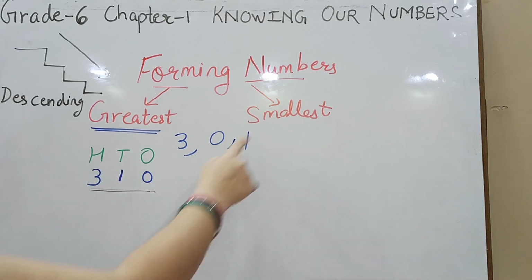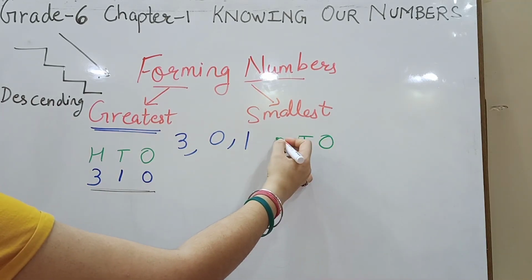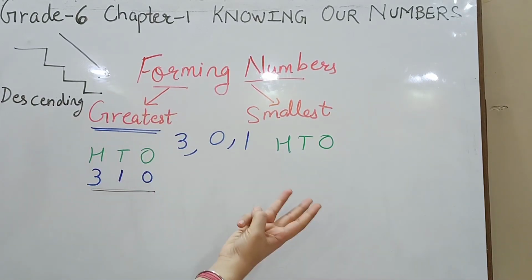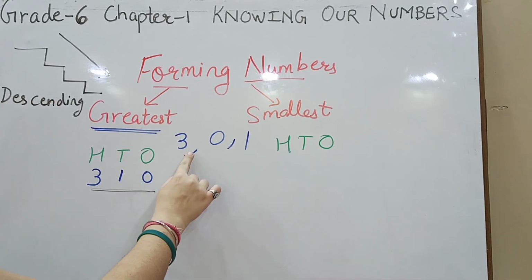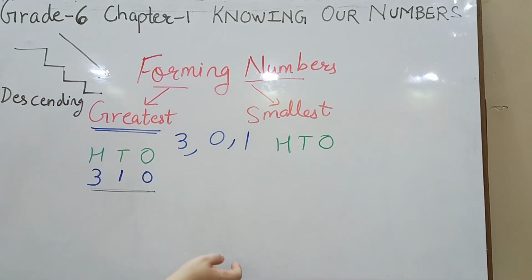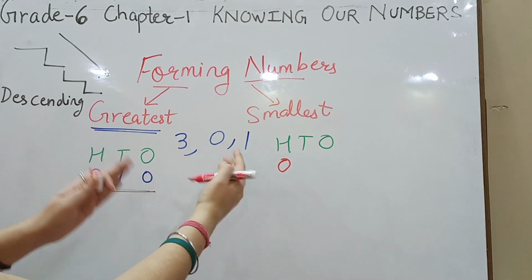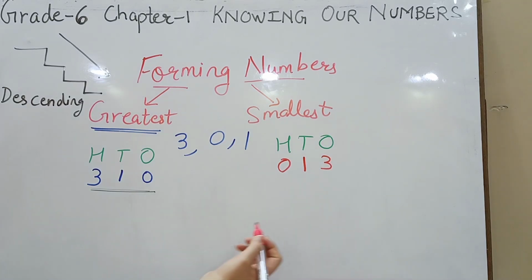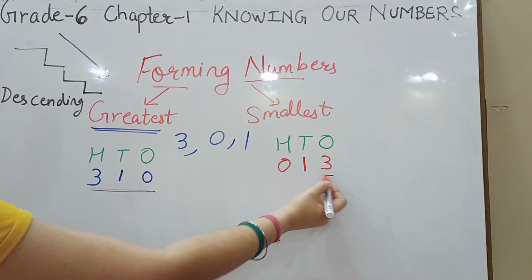When we talk about forming the smallest number, in the same way, first we are going to form the 3 places, since I have told you to form the smallest 3-digit number. When we are talking about the smallest 3-digit number, the first word that comes to our mind is smallest. So take out the smallest digit among the 3. As it's very clear, 0 is the smallest one, so let us first put 0 here. Then among 3 and 1, the smaller is 1, and then the number is 3. So how do I read this number? I cannot read it as 0, 100, 13. I will read it as 13.